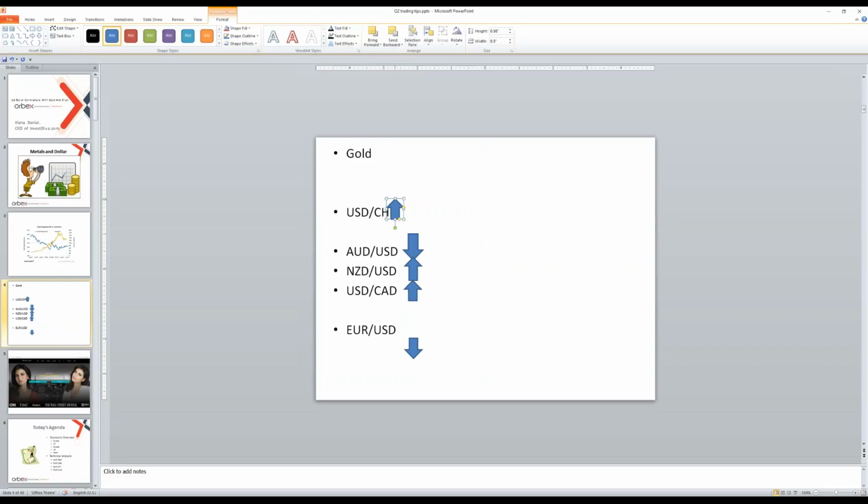So this is gold. We have gold over here. We have dollar Swissy over here. We have Aussie dollar going up. We have Kiwi dollar going up. And we have dollar CAD going down. And when it comes to euro dollar,